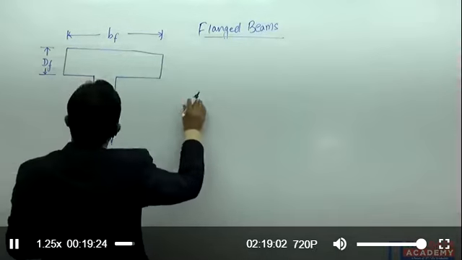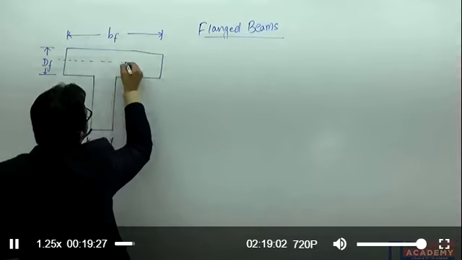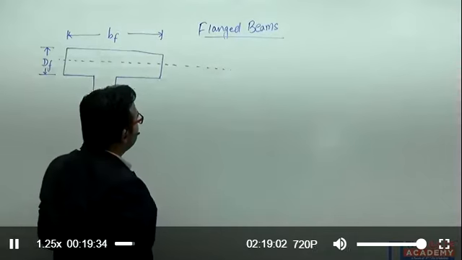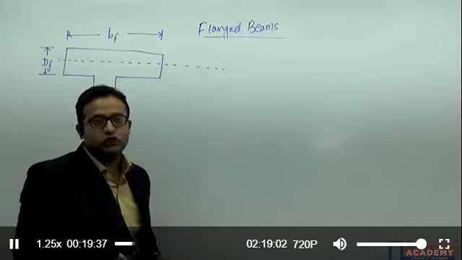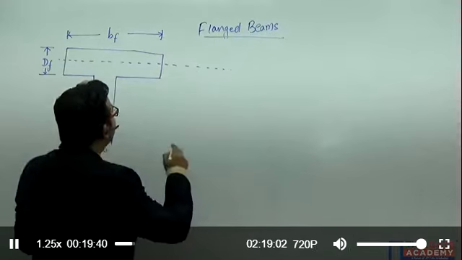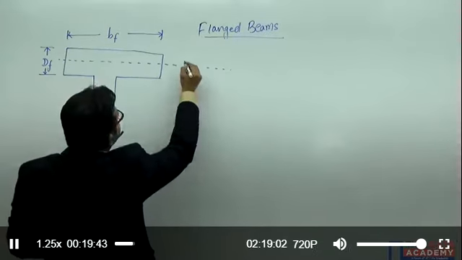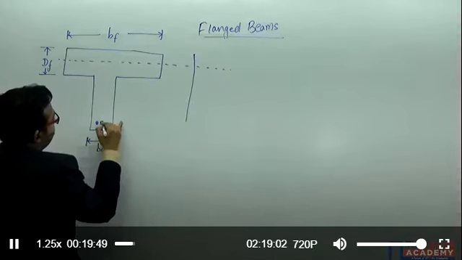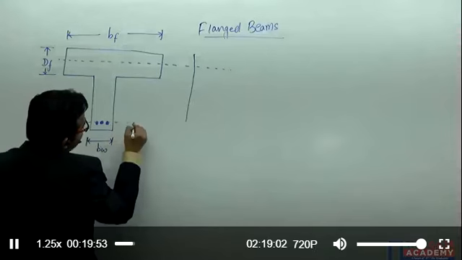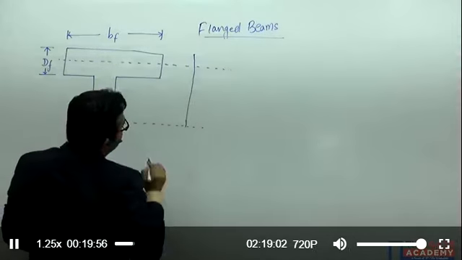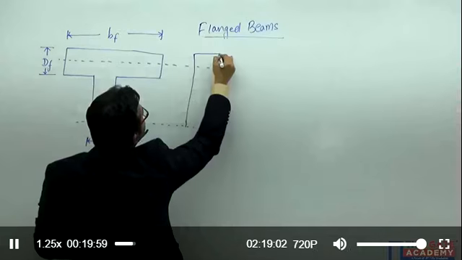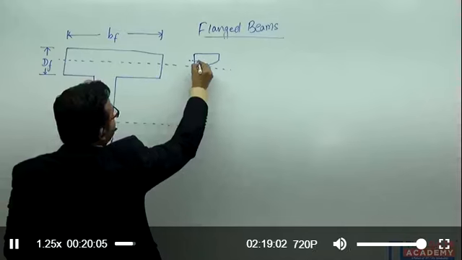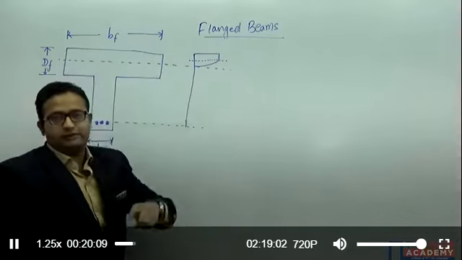So what I am going to do here is draw the stress block. I know my stress block is parabolic up to the strain of 0.002 and then it is straight up to the strain of 0.003, that we have seen in the last lecture. This is the assumption of the limit state of collapse in flexure. So see here, suppose I am providing some reinforcement here, the tensile reinforcement. I can draw my stress block. So this is my stress block. It is first parabolic and then it is straight.